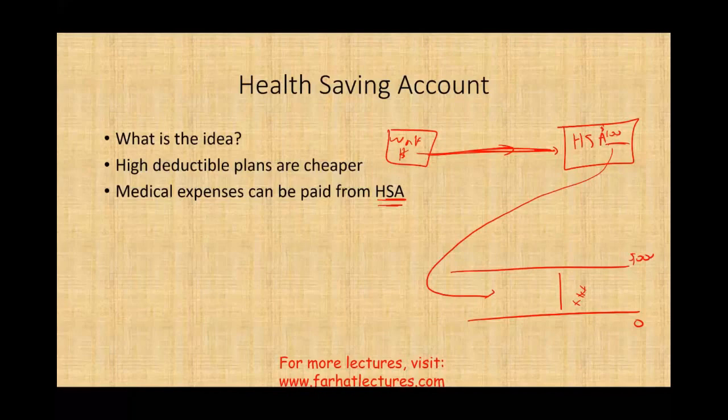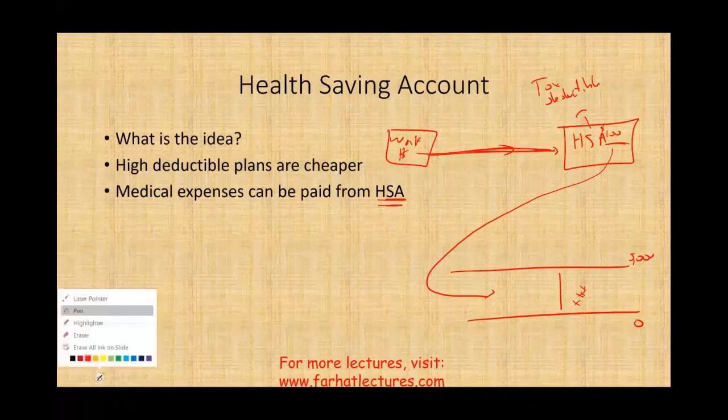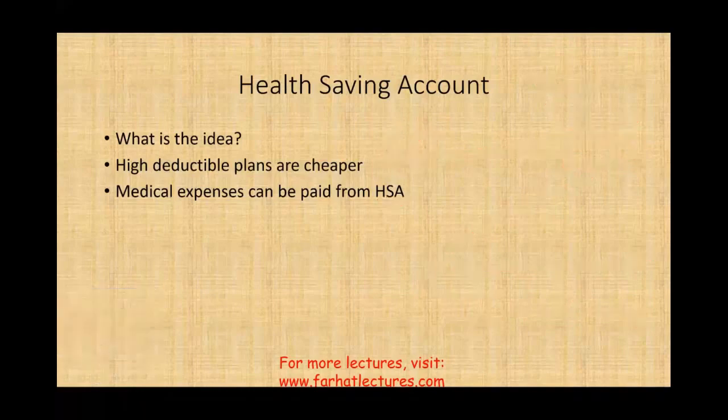Now, what is special about this account, the Health Savings Account? The amount that I contribute to this account is tax deductible. So I don't pay tax on that amount. I will take money from my paycheck before I pay taxes on it and put it in that Health Savings Account. Why am I doing so? Because when I incur medical expenses in a high deductible plan, I would use this money to pay for it. This way, I can save some money on my taxes. So I shelter the money to pay for my medical expenses.